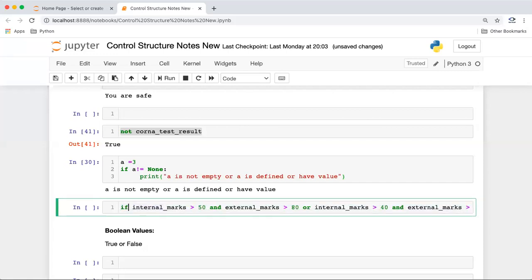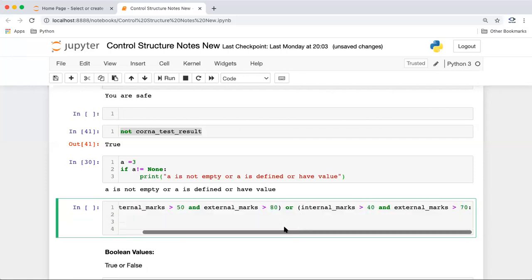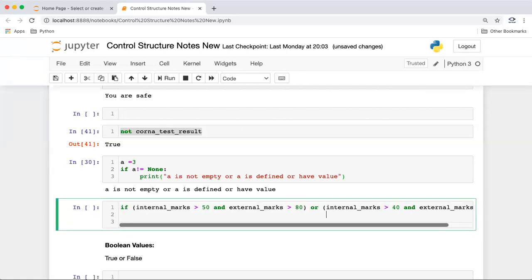In these kinds of scenarios, right, when we are using a combination of AND and OR, it's better to put brackets around each condition. These are two conditions, and if any of these is true, the student will get an A grade. Yeah. So we can just say print A or something like this. So we can just use a combination of this also.